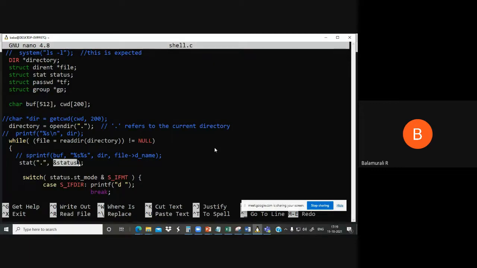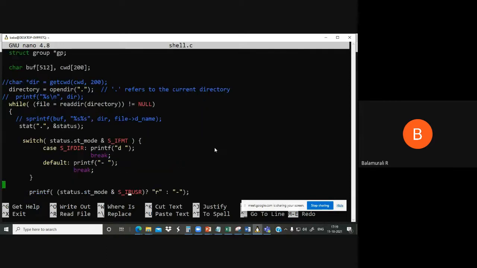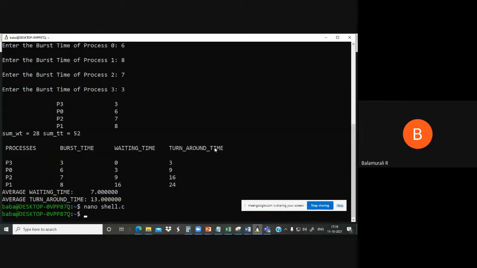What is the current directory? Is it a directory or a file? That's what we want to check first. Okay. So we do that here. Status dot stat mode and S underscore IFMT. So what will this do? Basically, this is going to check whether it is a directory. See, if you recall,